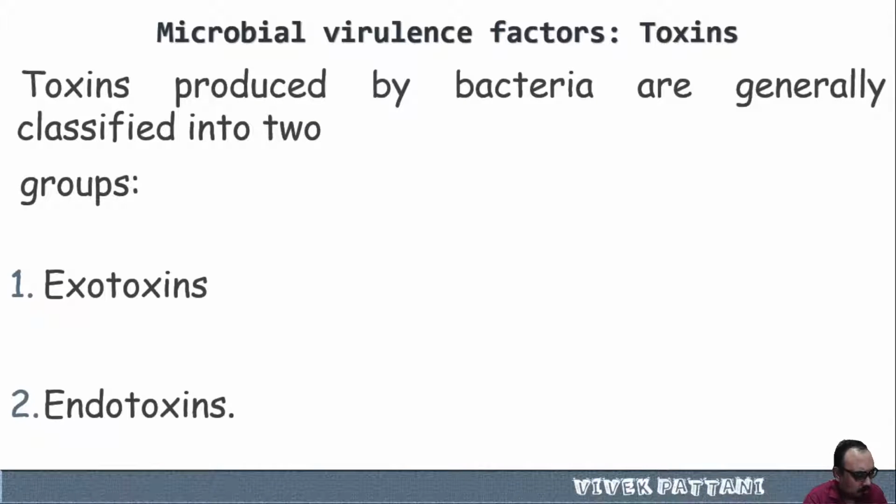What are toxins basically? Toxins are poisonous substances that are produced by certain microorganisms. Okay, they are poisonous substances produced by several microorganisms. A toxin may be as simple as an ion or an atom which negatively interferes with a cell. And these toxins are the substances which harm our